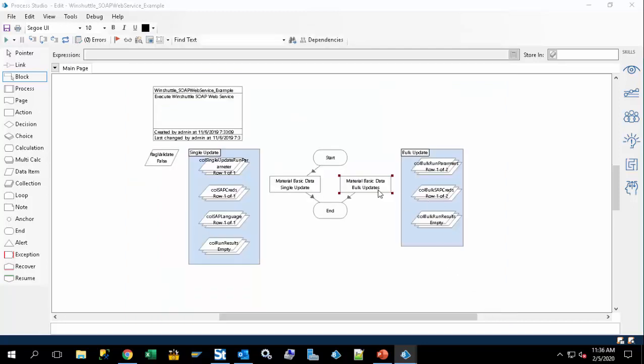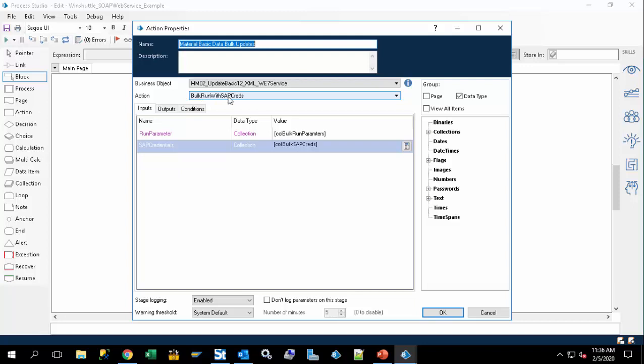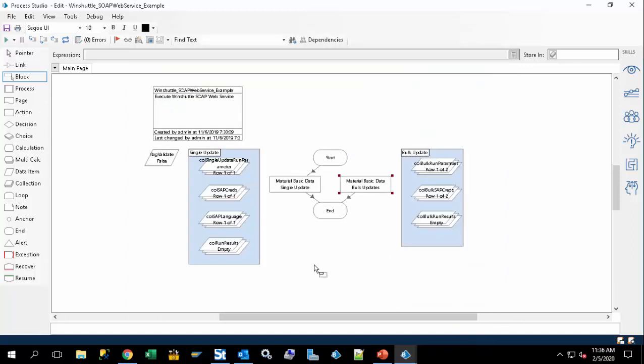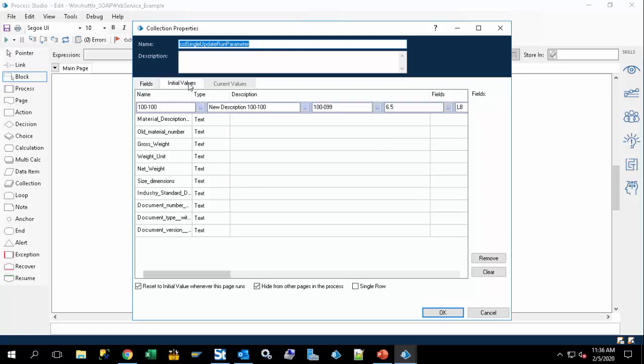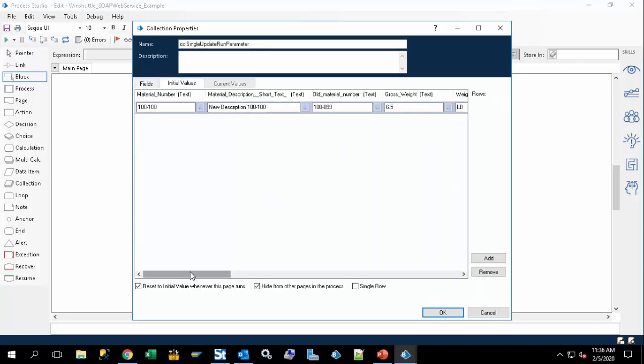The same thing would happen with the bulk, and in this case, bulk means I'm calling SAP once and I'm updating potentially or creating multiple objects. In this case, materials, but again, this could be leveraged to create invoices, update customers, create customers, any kind of SAP interaction. So if we look here at the input parameters, I imported that from the SOAP web service, so it just pulled in all the field names nicely for me, and then I just have to go through here and populate the fields, and those field values might get passed in from another process